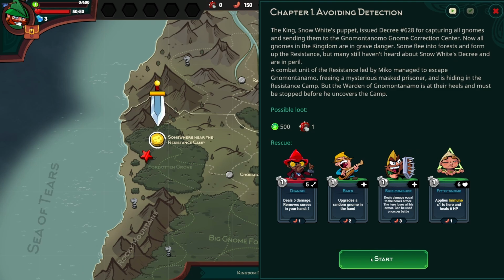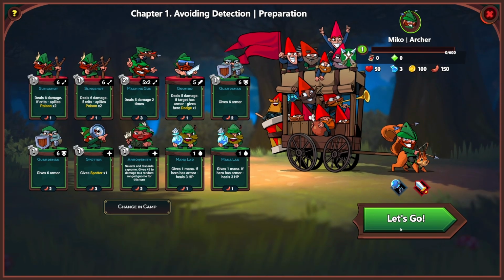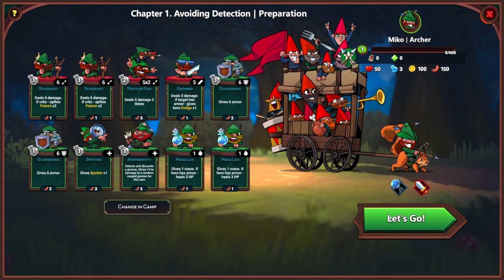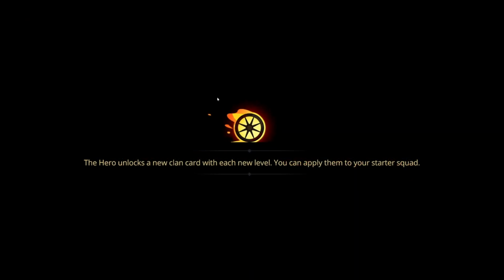All right, let's do it. We'll work all this out as we're in there, I guess. Change in camp. I don't know. We're not going to read every single card. We'll work it out as we go along. Well, we will eventually, but...